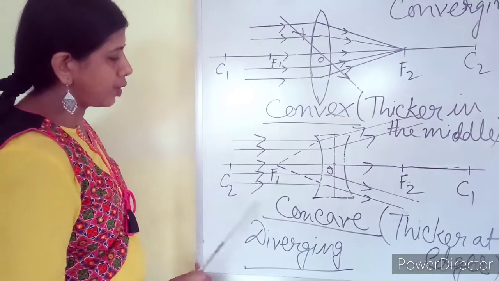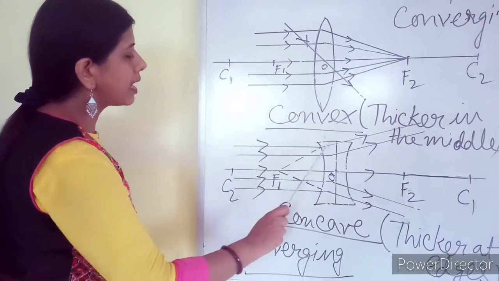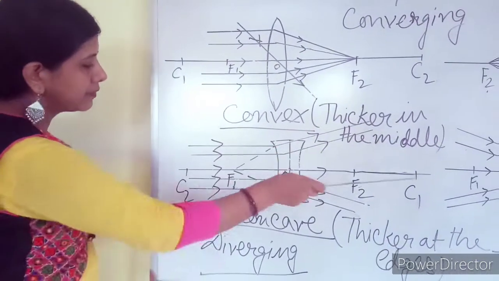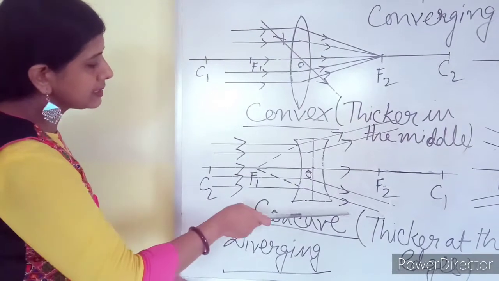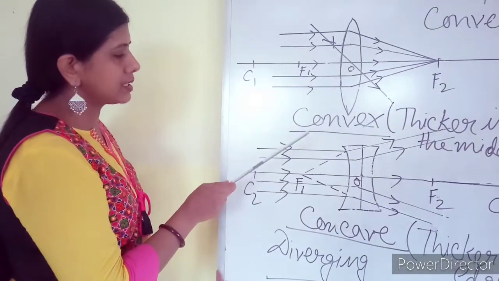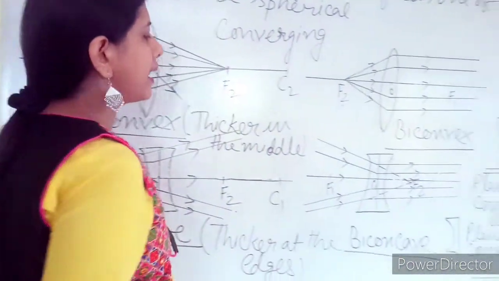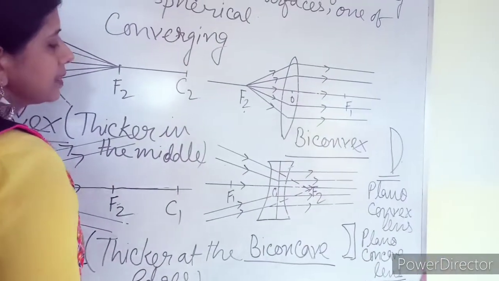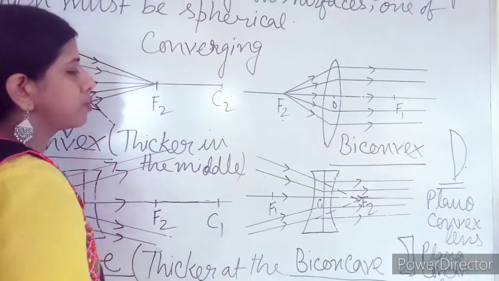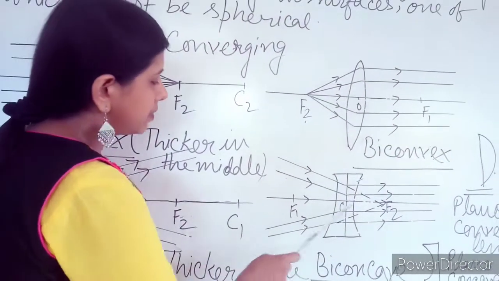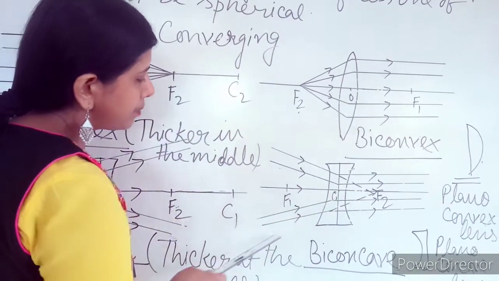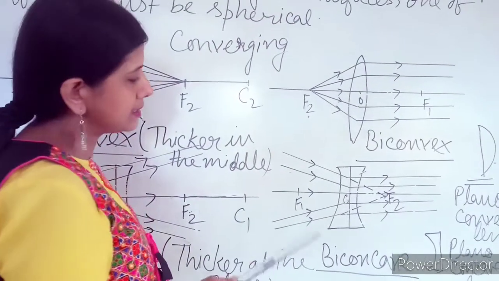Both diagrams I have drawn. Here I have drawn the rays coming parallel to the principal axis. After refraction they are diverging. When divergent rays are extended in the opposite direction, they are meeting at a point, that is the focus point. In this diagram what I am able to show, here the rays of light which appear to come from a point from the opposite direction, these are the divergent rays which are appearing to come from this particular point on the opposite side of the lens.